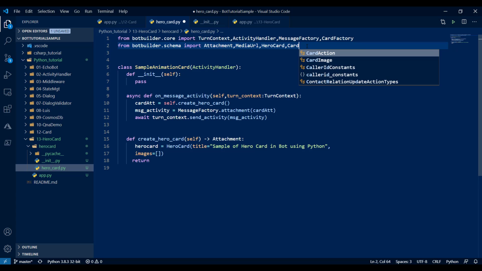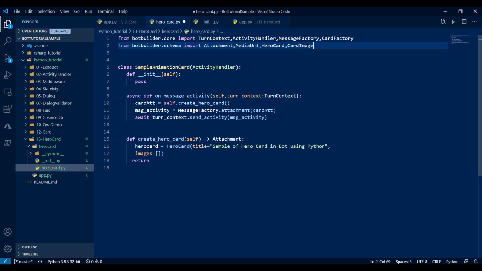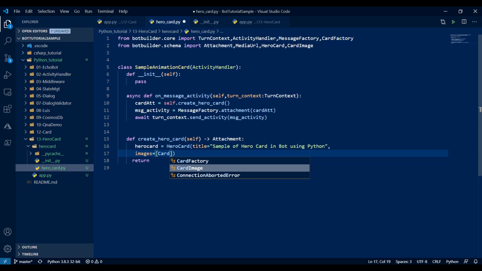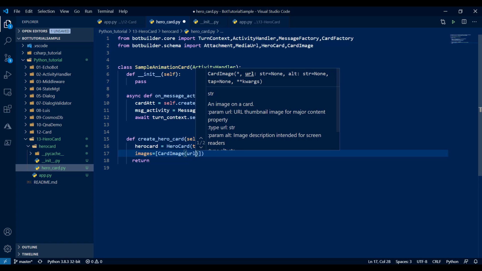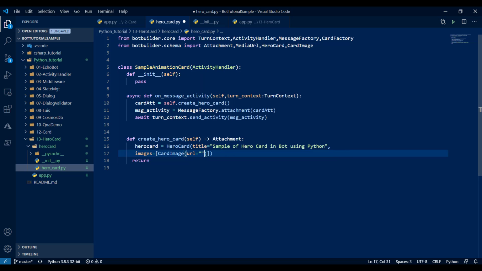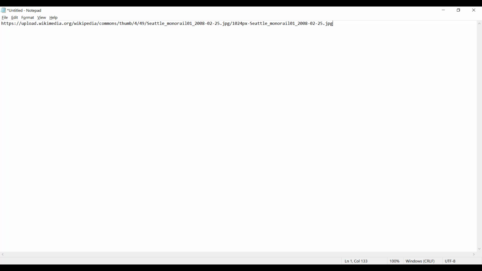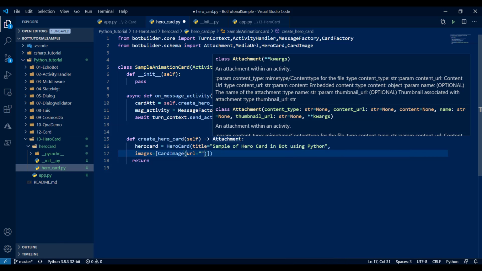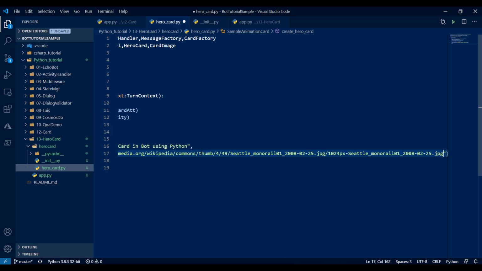I just import that card image and make a card image. To the card image I will assign the URL. I already noted one URL in my notepad, so I just copy the same URL here and paste it.